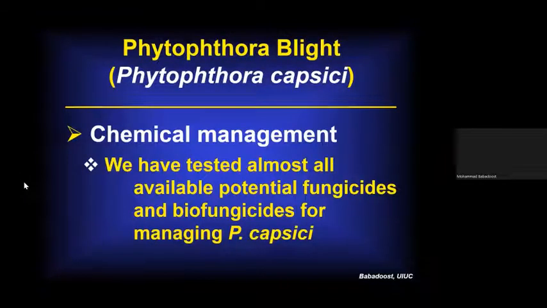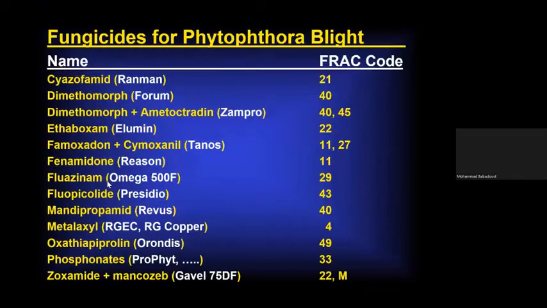What is something else? We have to offer fungicide programs. Fungicide for controlling this pathogen. About 1999, 2000, 2001, we had almost no fungicide taking care of this pathogen. Not in Illinois, not other parts of the United States, other parts of the world either. But in the past 22 years, we tested more than 50 potential fungicides, and some of them